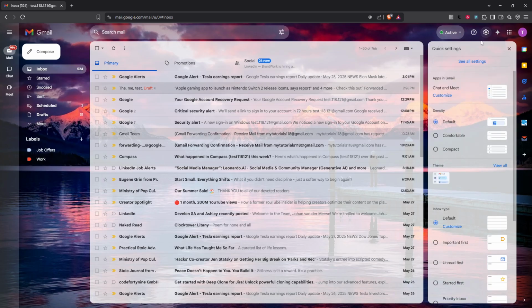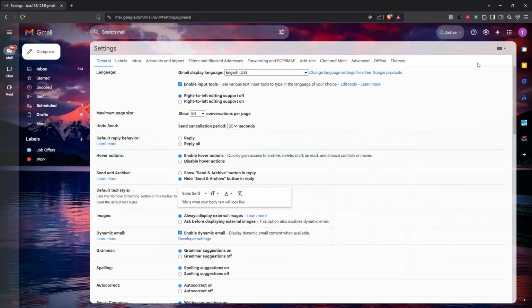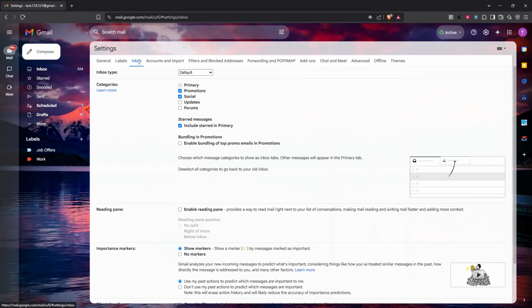This will open a quick settings menu, but for what we're doing today, you'll want to click on See All Settings. This takes you to the full settings menu where you can make deeper customizations. Now that you're in the settings, find the tab labeled Inbox and click on it. This is where you can define how you want your emails to be sorted and where the magic of categorizing